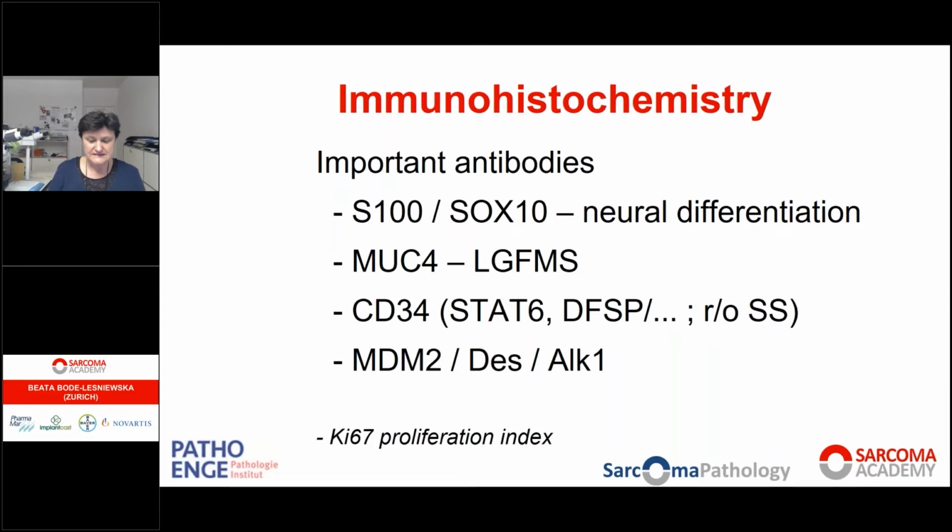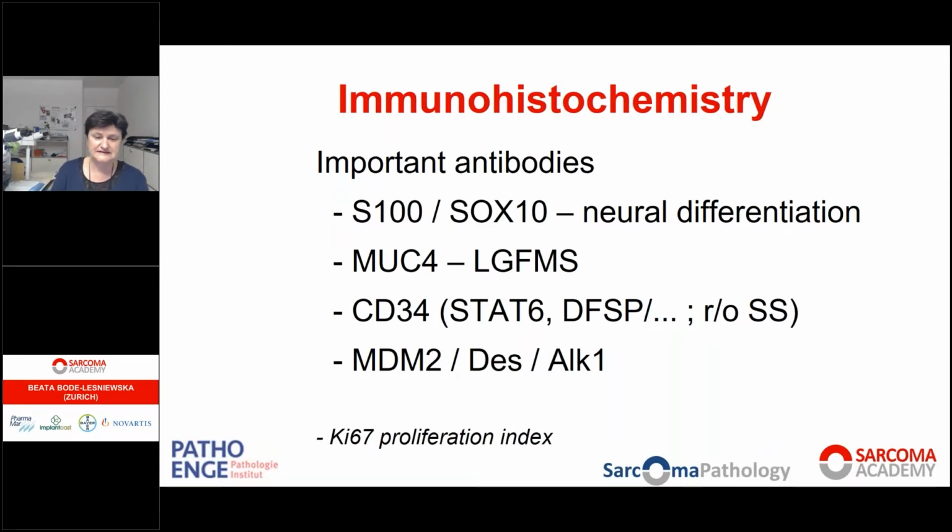In this context of a mesenchymal deeply located tumor, there are some very important antibodies which are basics for this differential diagnosis. Of course, neural differentiation like for schwannoma or neurofibroma: S100, SOX10. Then there is this very important antibody MUC4, which would let us include or exclude the differential diagnosis of low-grade fibromyxoid sarcoma. Then very important, quite common,